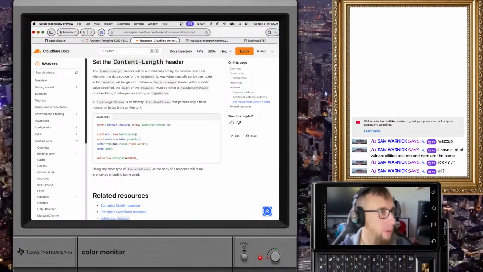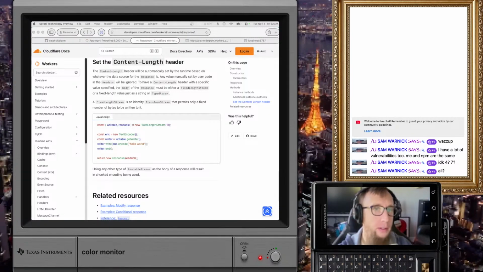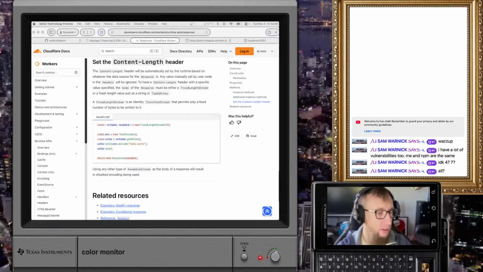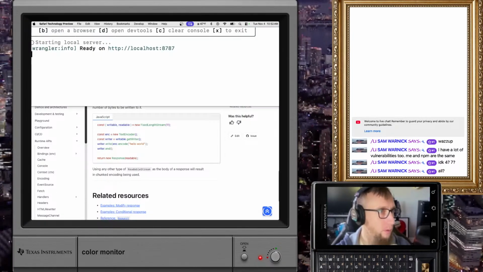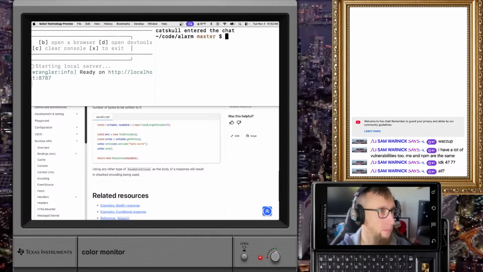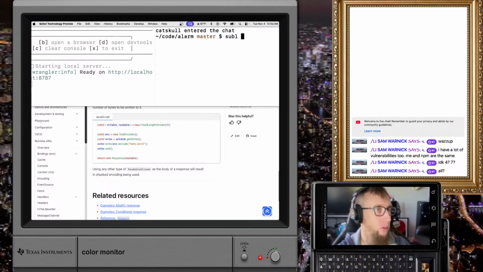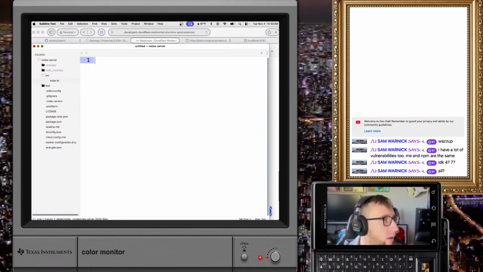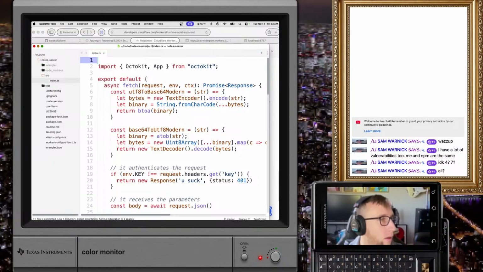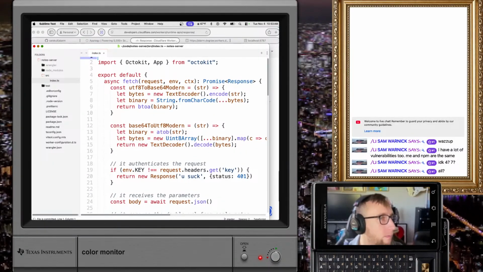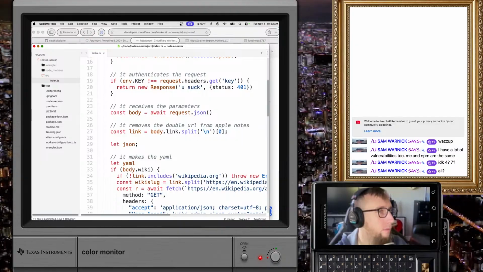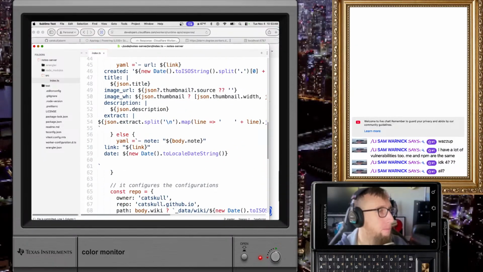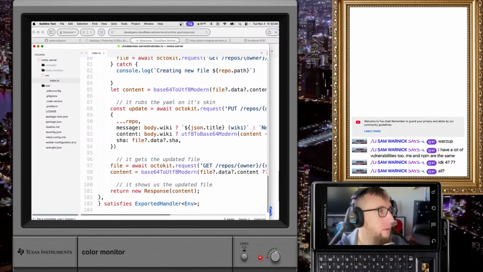Dude, I don't remember how to do this. I wonder if I've got it in my note server. Is that not right?